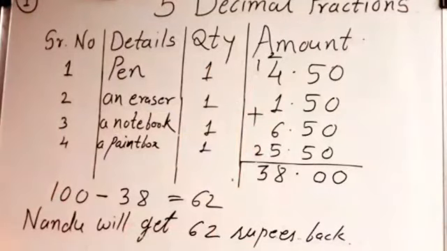So in this way you have to write the example. You can see in the textbook, page number 29, starting under the heading of decimal fractions, addition and subtraction. Under that heading, this Nandu went to a shop, from there till how much money does he get back. After that example, you will prepare this bill and then you have to solve this example in this way. And the final answer is Nandu will get 62 rupees back. Okay. Next example is also there. This example you have to copy in your notebook.